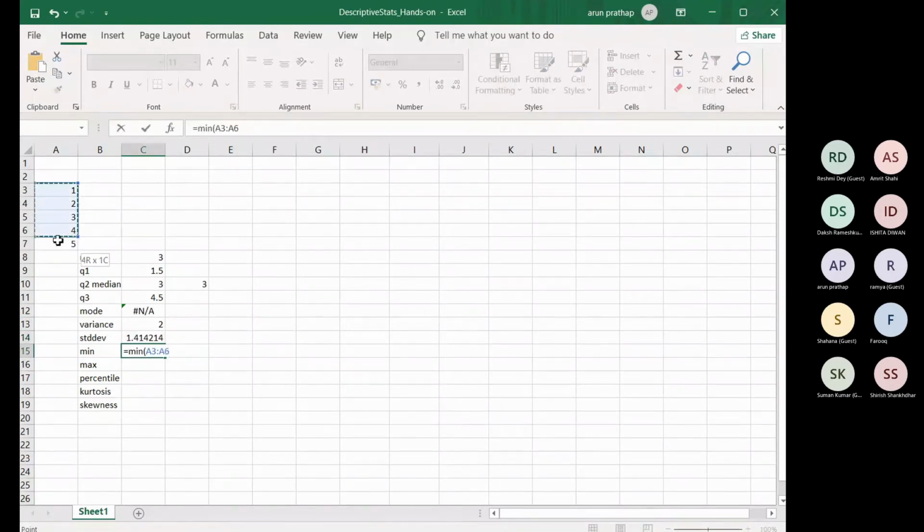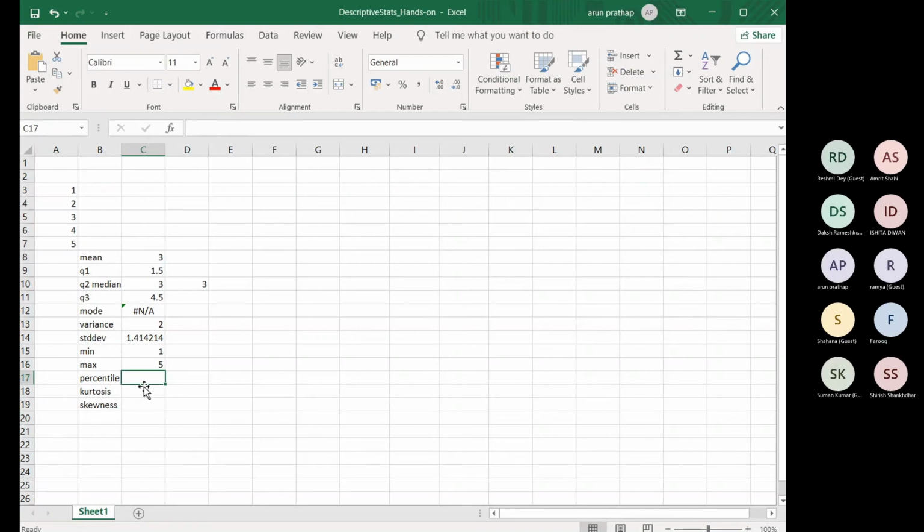Same way. Now I am showing an example here with only 5 values. But suppose you have 100 values or 1000 values, you can use the same procedure. I'll show some more things that will be more useful than this. Once you get familiar with this, that will be more clear. So equal to max I got, and similar to quartile, I can find out the percentile also.